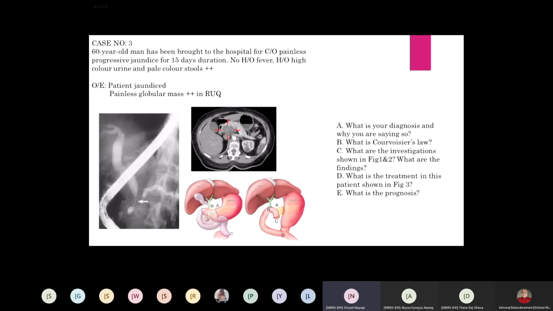It's an enlarged palpable gallbladder. No. Law is a law. You should not change even a single word. You have to tell it within quote. In a jaundice patient, if gallbladder is palpably enlarged, it is not due to gallstone. You shouldn't make your own law. Don't change even a single word. I repeat, Courvoisier's law is: in a jaundice patient, if gallbladder is palpably enlarged, it is not due to gallstone.